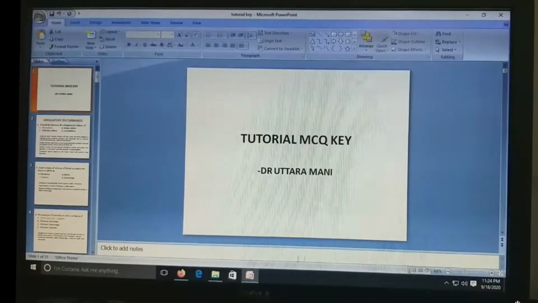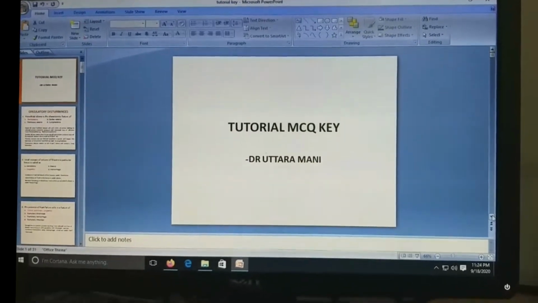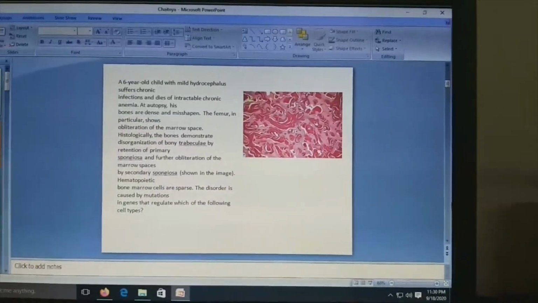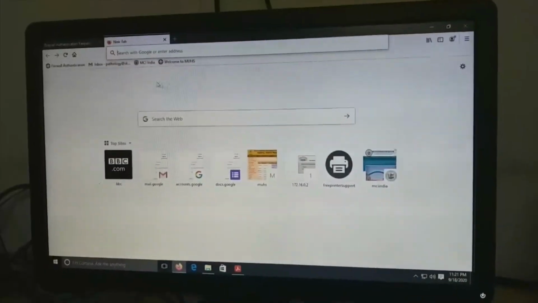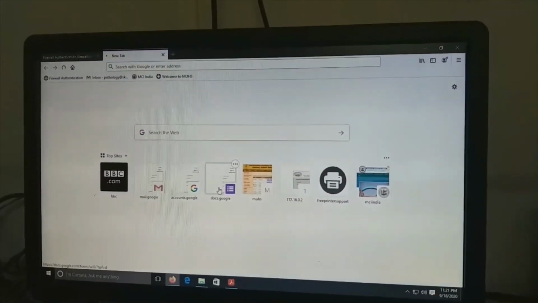So make your PPT first ready with your 10 questions or whatever questions you want, like this. So you make your tutorial in PPT. Go to the Power Bank desk and log in through the college ID, okay, which is for the department. And here you will get the Google form.